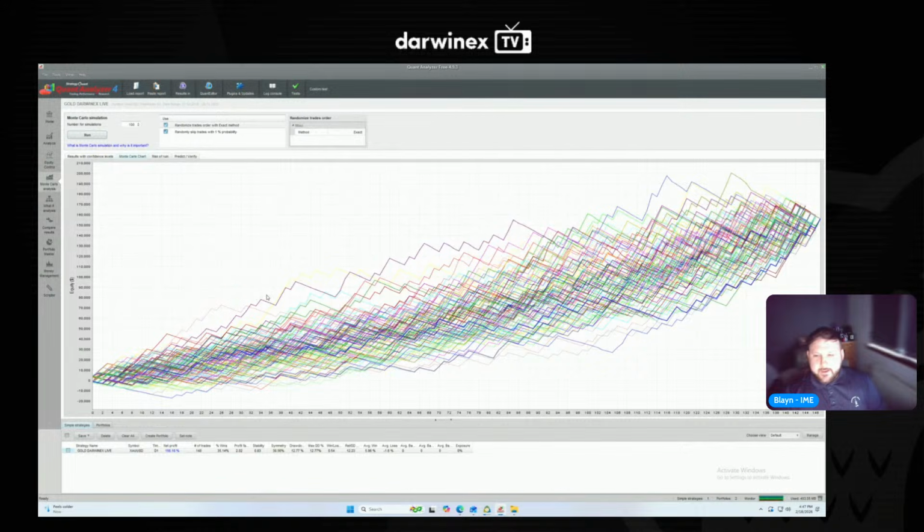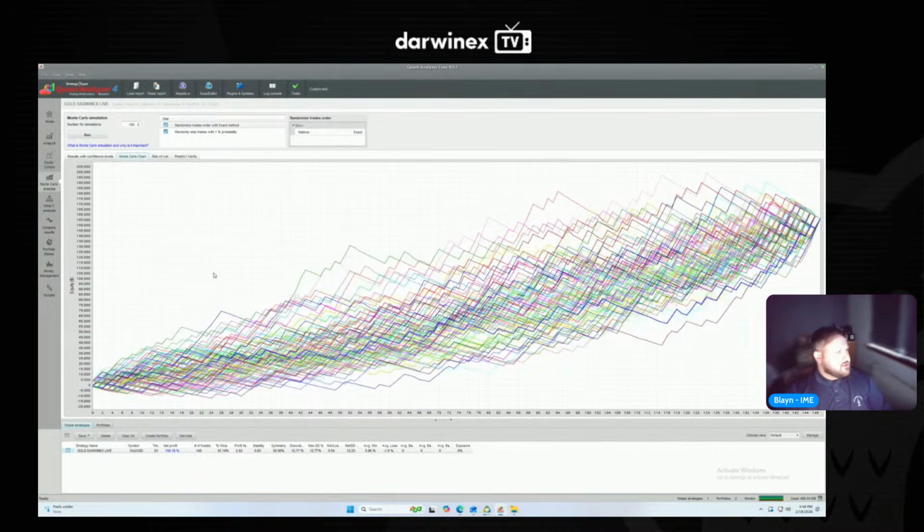Like in a time where there might not be enough liquidity, the testing will still take the trades. So that's why you will see differences in your live trading to your back test. But the whole point is that every tick based on real ticks will give you probably as close to a result in real time as possible. But for the most part, it depends on when your systems trade. If your systems trade around news, then your back test could be very different to your live as well. But basically what we're seeing here is Monte Carlo analysis.